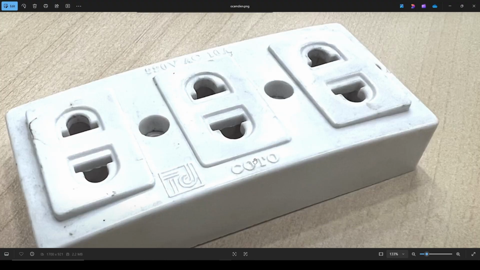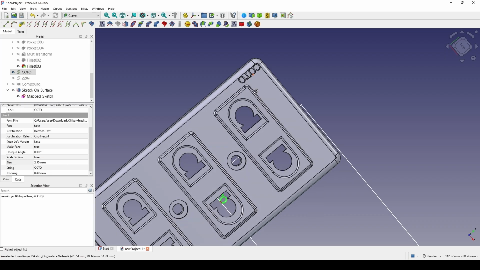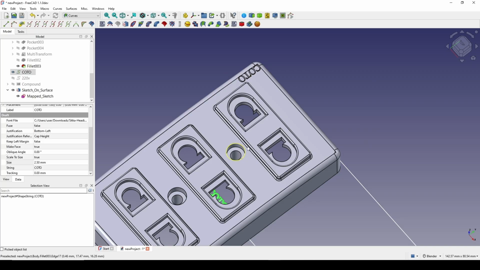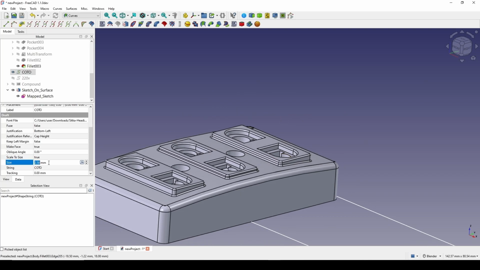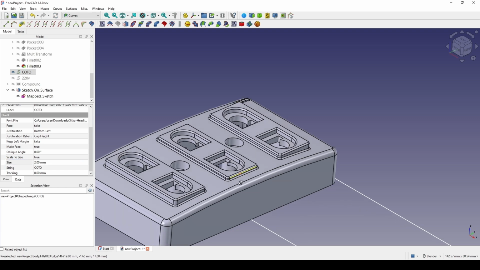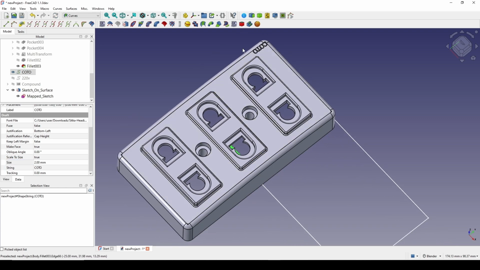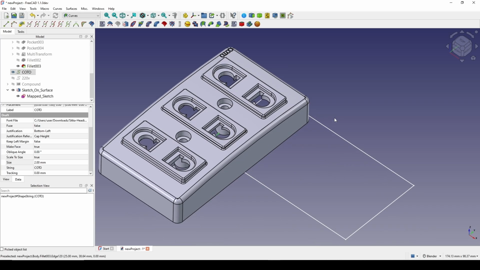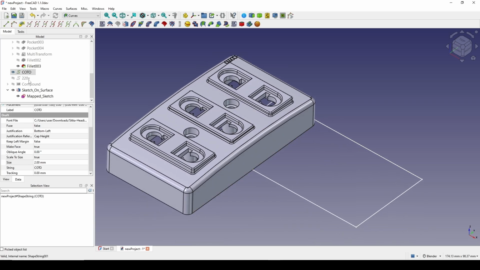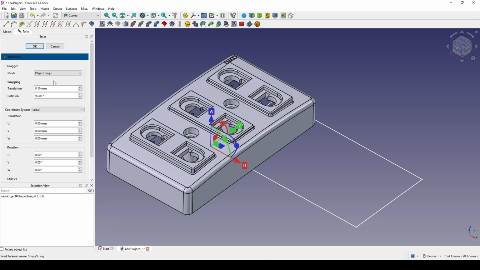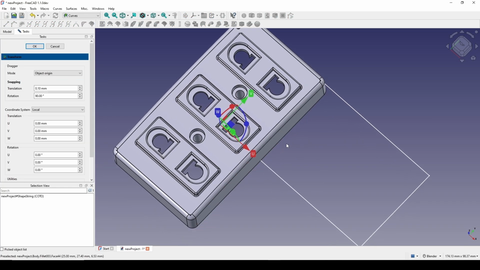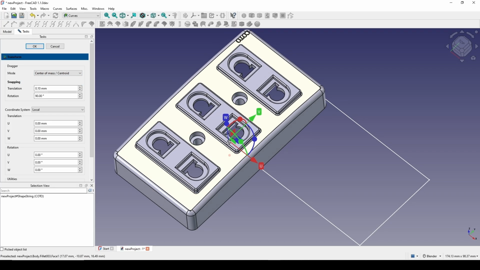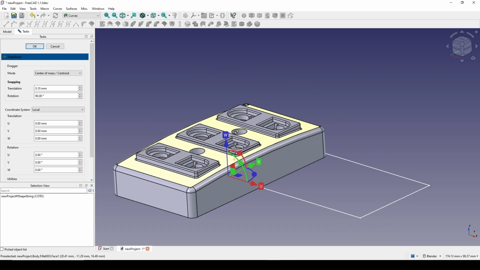Let's check. I think I will try it to show. Yeah, you can see show is better. Now, let me click on this one and go to the transform. And I want to choose the mode option to the center of mass. The reason I want to choose center of mass is that,